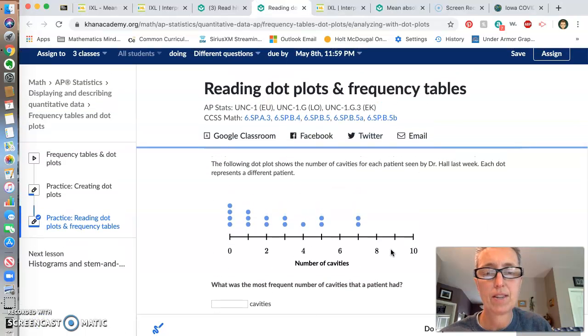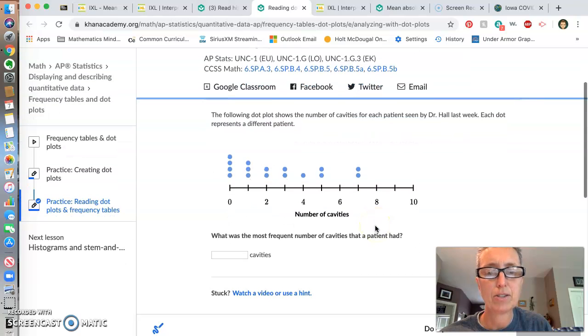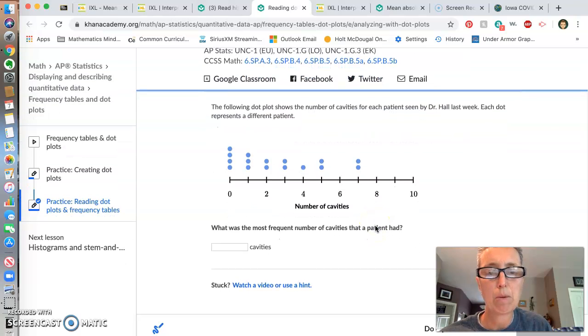All right, the next link is on reading dot plots and frequency tables, and I think you probably guessed that this is a dot plot. It uses dots to show how many of something occur. Okay, and you see the number line here, and this happens to be the number of cavities. It says, what was the most frequent number of cavities that a patient had? Well, remember that each of these dots represents the number of cavities. So if you count these, you've got four